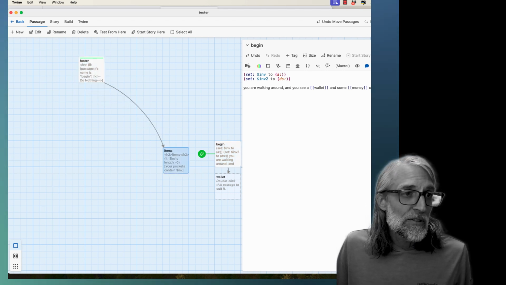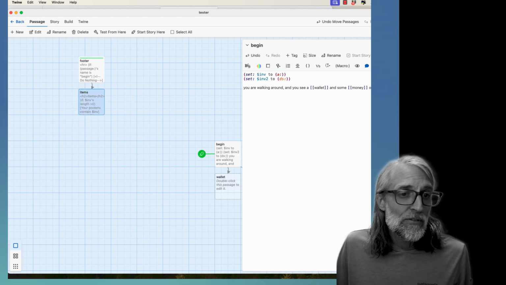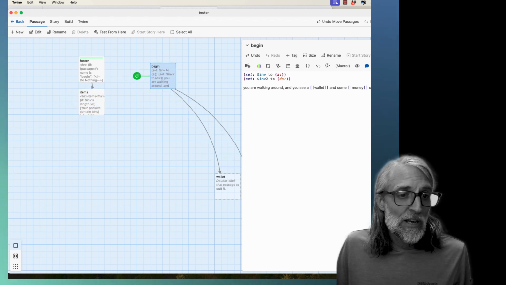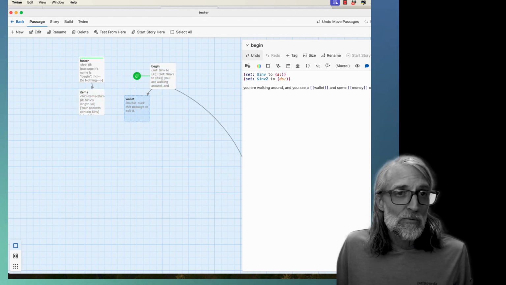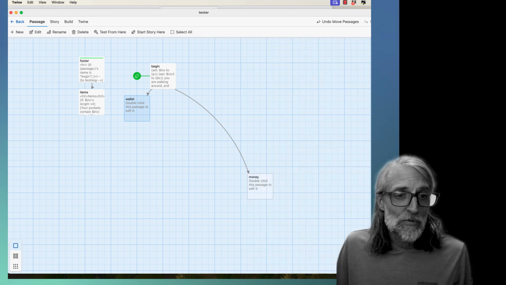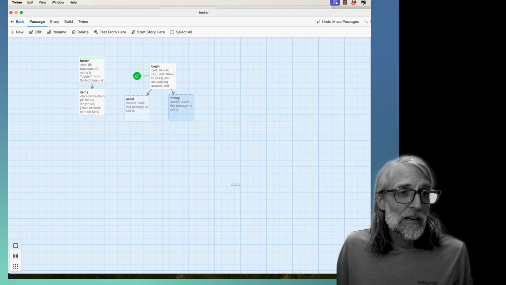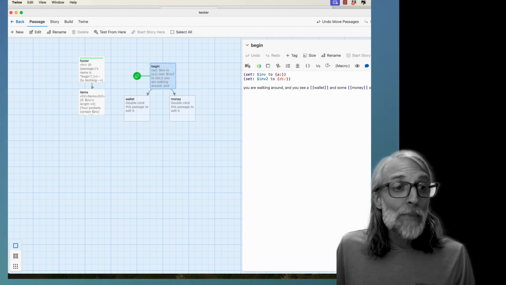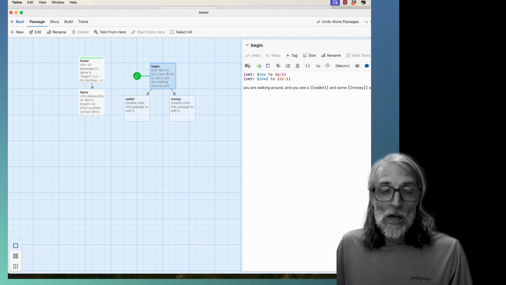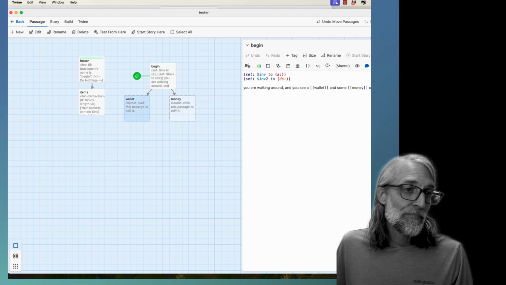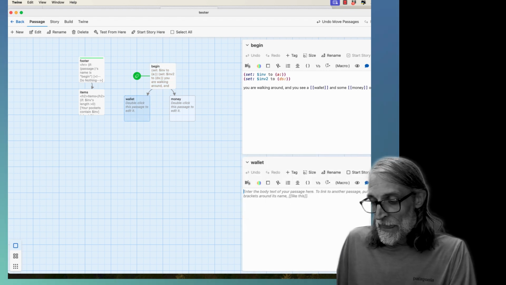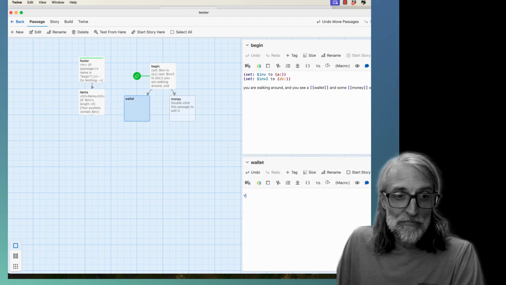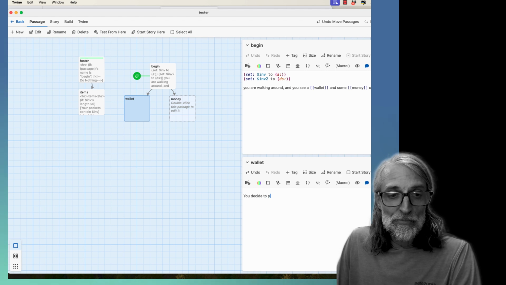Let's get these over here, we can see it. These are my footers, and this is my game here. I'll stretch it out. It's getting hidden behind here, so I created a wallet. Let me move this over, and then we'll go back, and then we have that. Okay, so now I've created my two panels here. And let's say, here's the wallet, okay? And I'll say you decide to pick up the wallet